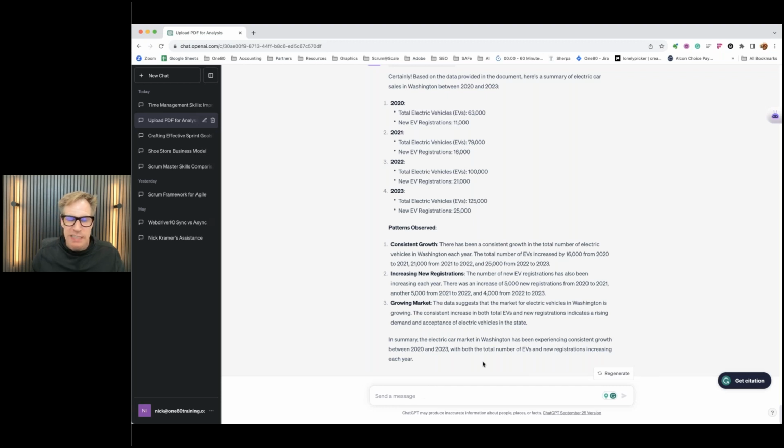So these are just basic examples, and this PDF didn't have a lot of data in it, but you can definitely see how, if you had a bunch of market data, you could pump that in and start to look at where is the value to our customers, where is the value to our business, how do these things start to intersect. You can start to pull more PDFs in.